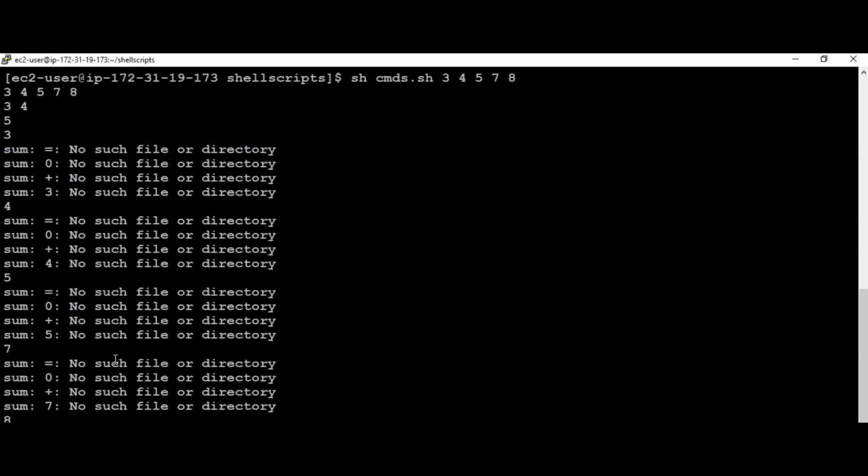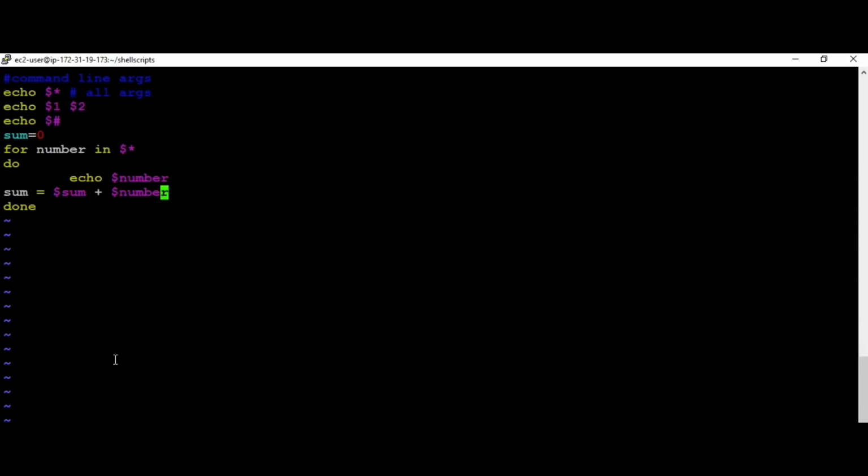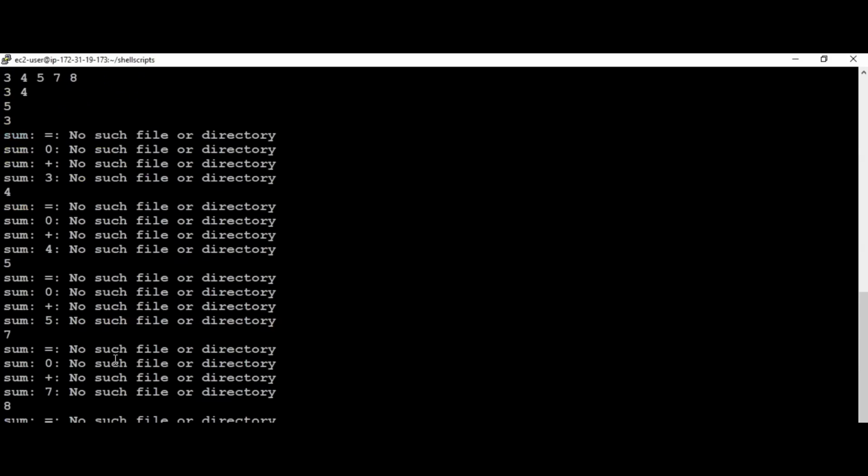This gives me an error. Probably this is the same kind of error which we got in the first shell script, that is because of the space. And there's one more thing that we have to do here: whenever we are adding numbers or doing some mathematical operations, we can't do it directly. We have to use something called expr, that is expression, and this has to be preceded with a character called grave accent.